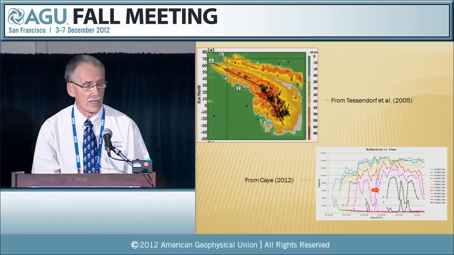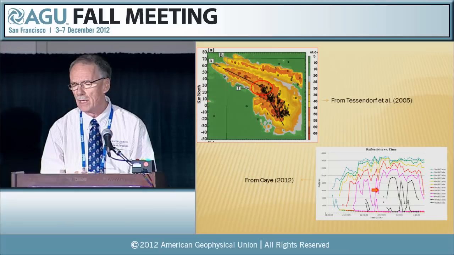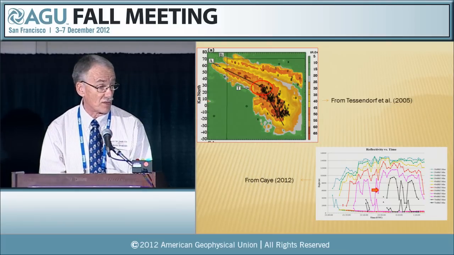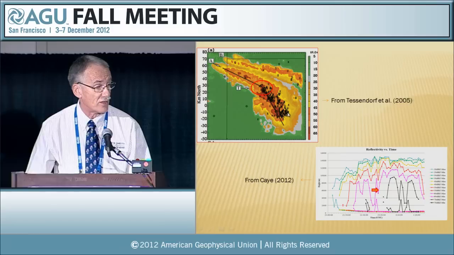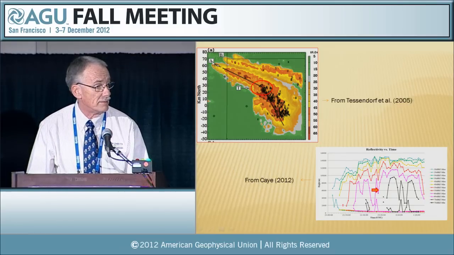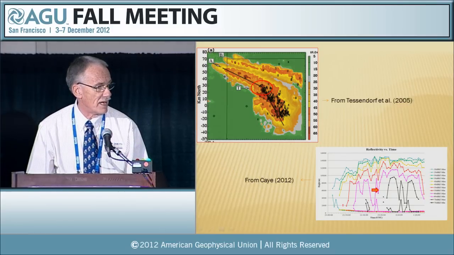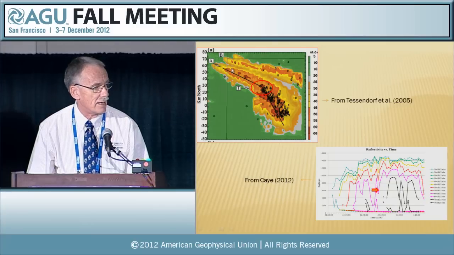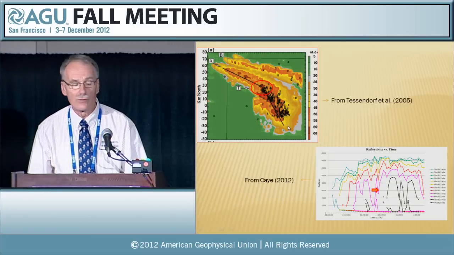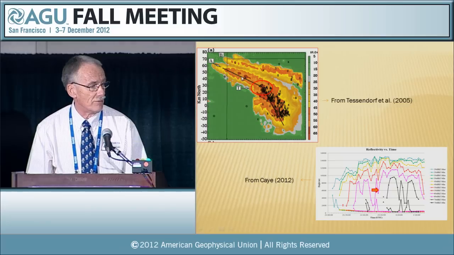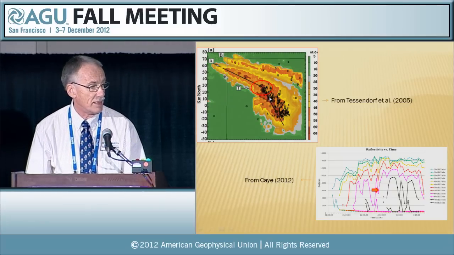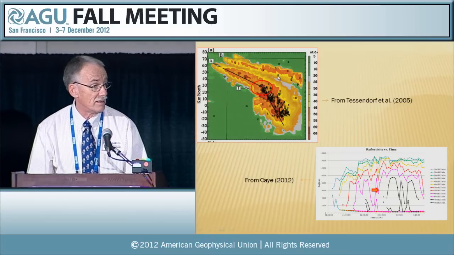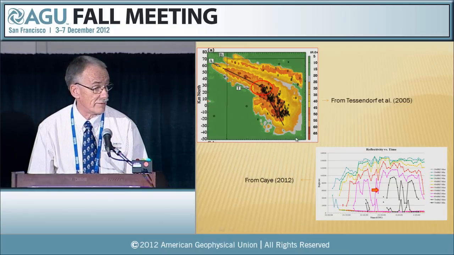This is the one that occurred on June 29th of 2000, which many people have studied and also simulated. This is a radar history of the storm produced by Sarah Tessendorf. The scale here is plus 80 to minus 50 kilometers, and the timeline is about 3.5 to 4 hours. This is just a Hovmöller diagram of the radar reflectivity. The X's are positive cloud-to-ground, and the zeros are negative cloud-to-ground events.